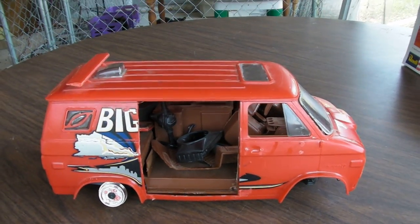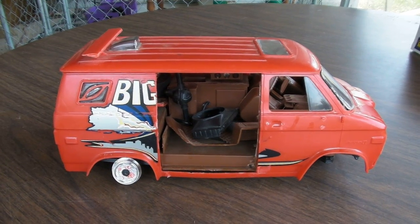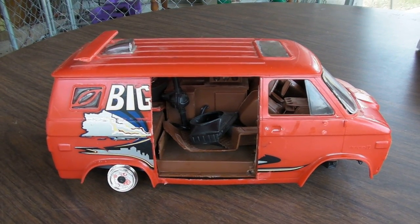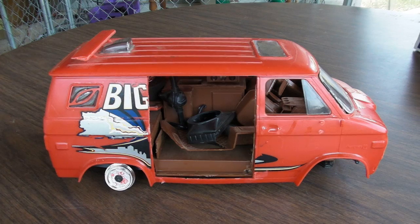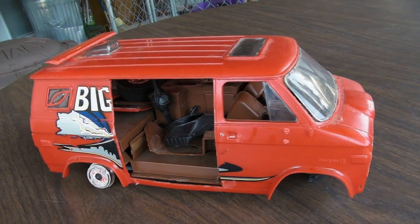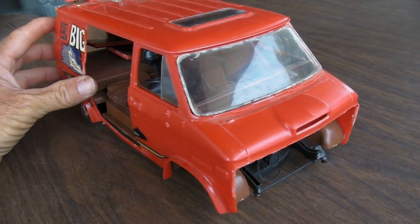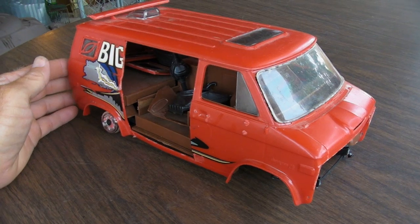Okay, what do we have here today? This is the 1/16 scale Big Bad van from Revell from way back in 1977. I just got this from trade with Darcy. We traded some kits and everything like that, but he had this wreck that he had showed on camera, and